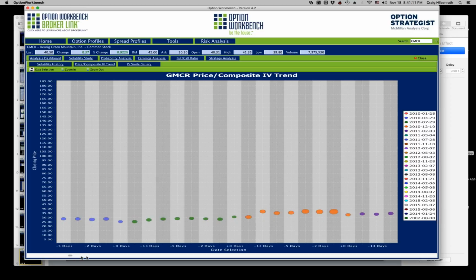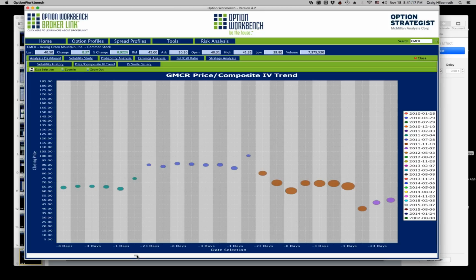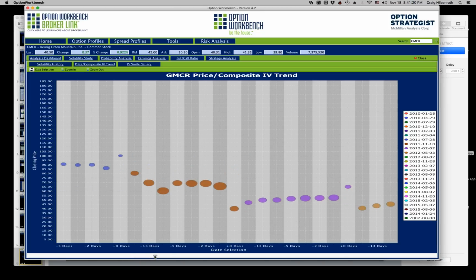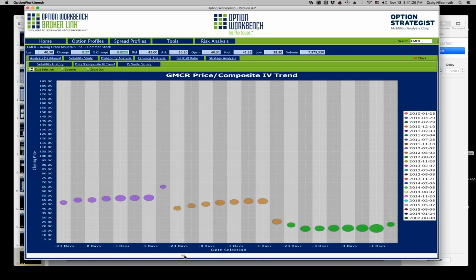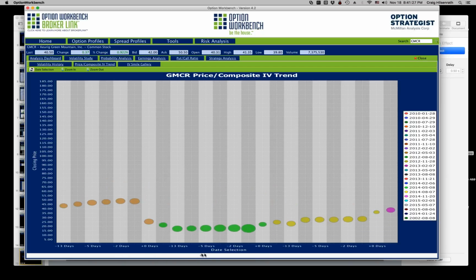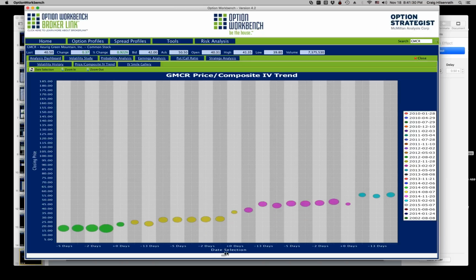Okay, so now if I scroll along here, I can see the history and see how it moves. The relative price, relative low realized volatility, and the increase in implied volatility as it builds up toward the earnings date.